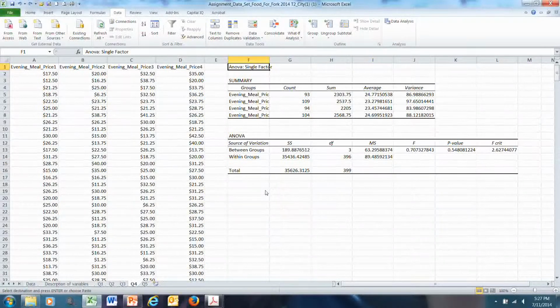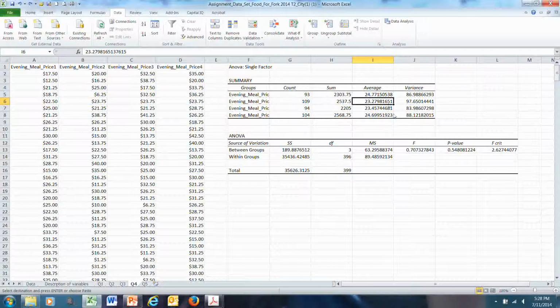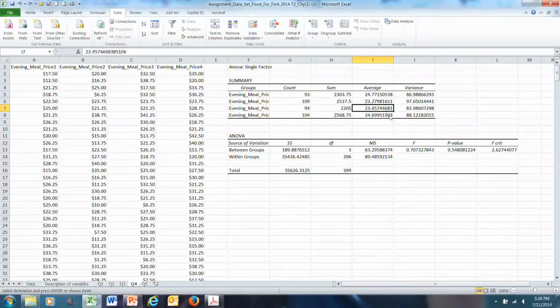The results of this test indicate that the mean amount spent in restaurants by people living in postcode A is $24.77. The mean amount spent in restaurants by people living in postcode B is $23.27. The mean amount spent in restaurants by people living in postcode C is $23.45, and the mean amount spent in restaurants by people living in postcode D is